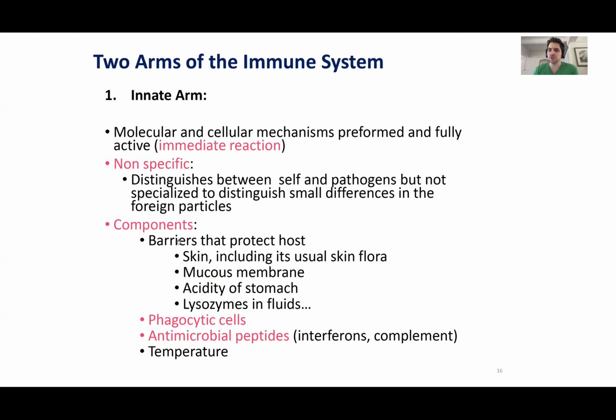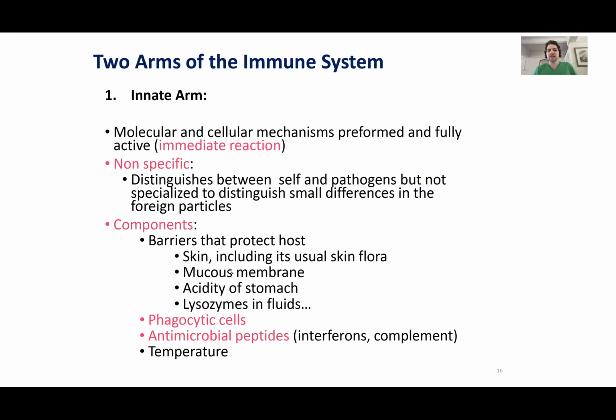So the innate arm, again, we're talking about those phagocytic cells. We all know macrophages, neutrophils. They're going to go to the site of infection. A lot of times it's bacteria. When you think of bacteria, you think of a ton of cells, and you want to eat them up as soon as possible. Whereas viruses are kind of sneaky, right? So you may need some sort of adaptive immunity to counteract them.